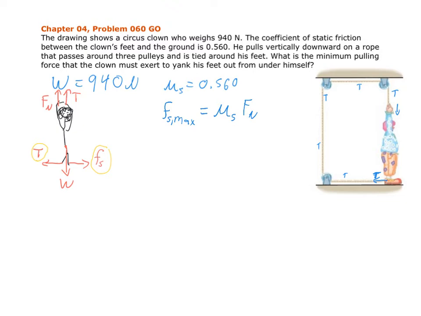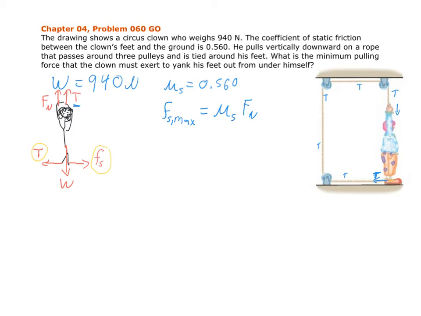Normal for something on a flat surface equals the weight, and so we're good. We'll just take 0.56, multiply it by 940, call it good. No, that's not correct, because check it out. As he pulls down on the rope, the rope pulls up on him, and so the normal force actually changes based on